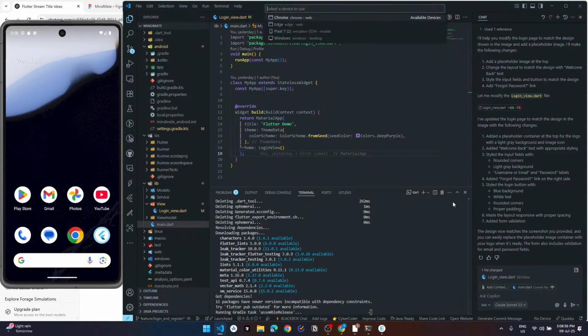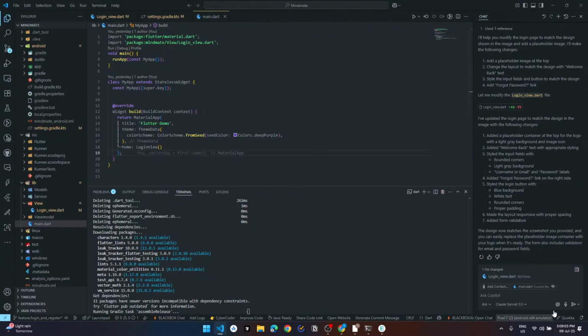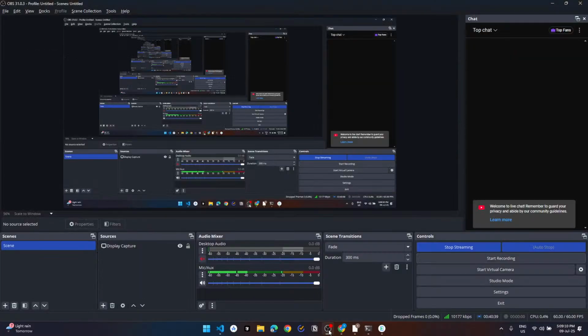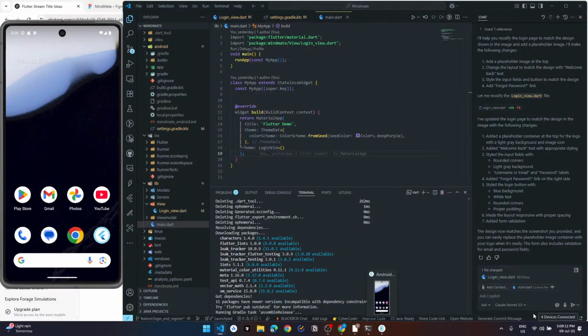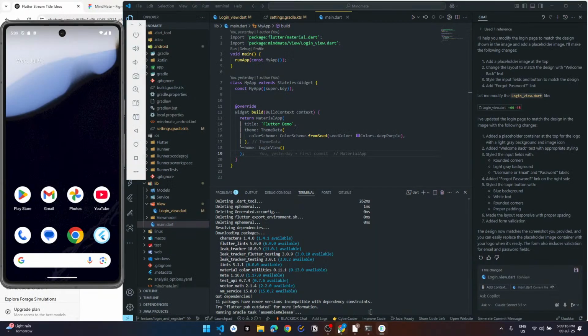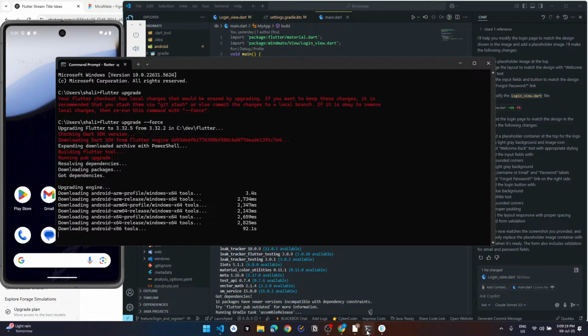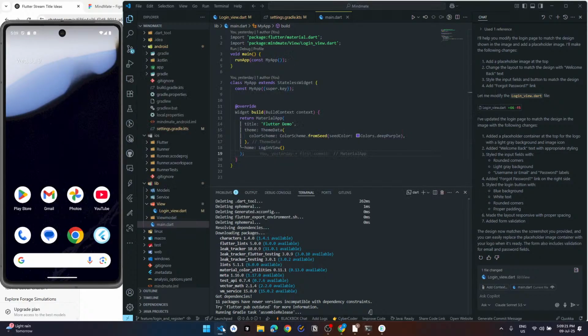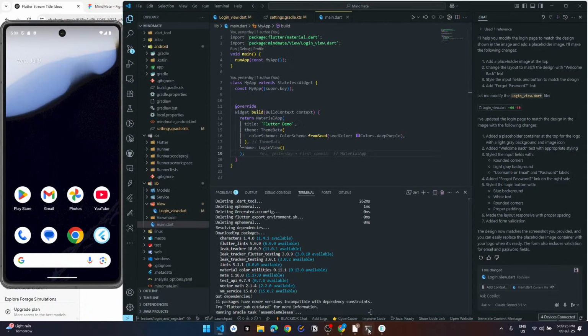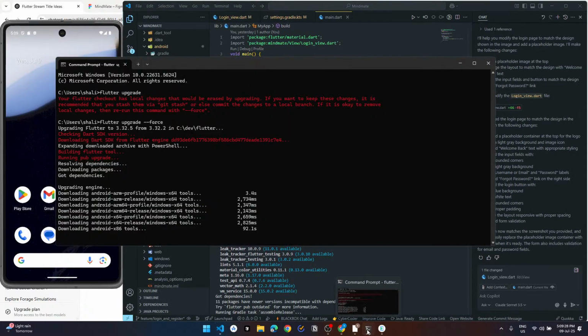We have no device in our setup. Updating Flutter is taking so much time.